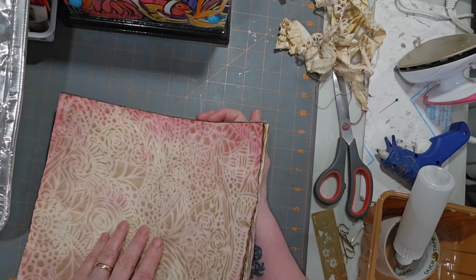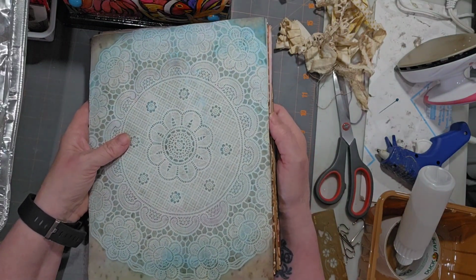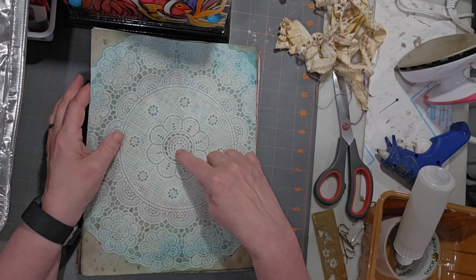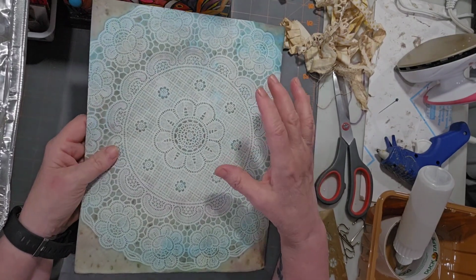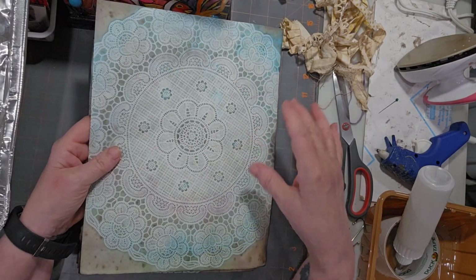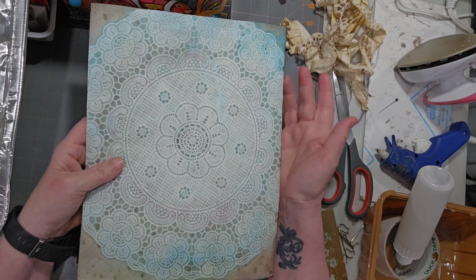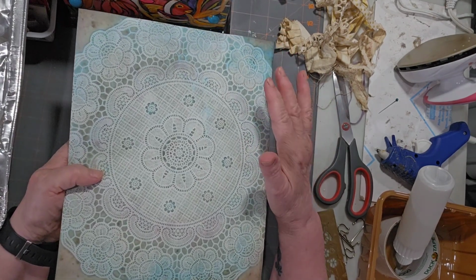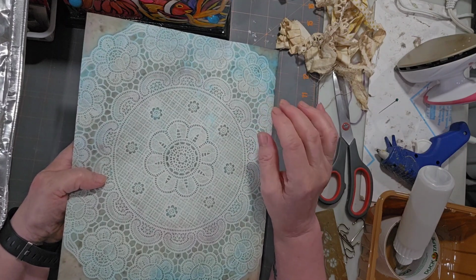And then this is the pile that I'm calling the primos, and they turned out really nice. I love this doily, so I will use this one and do this doily many, many times. It's very mandala looking, and it just says Gypsy Boho to me. So I did it. This was done with the teal dye and the teal paint that I had mixed up